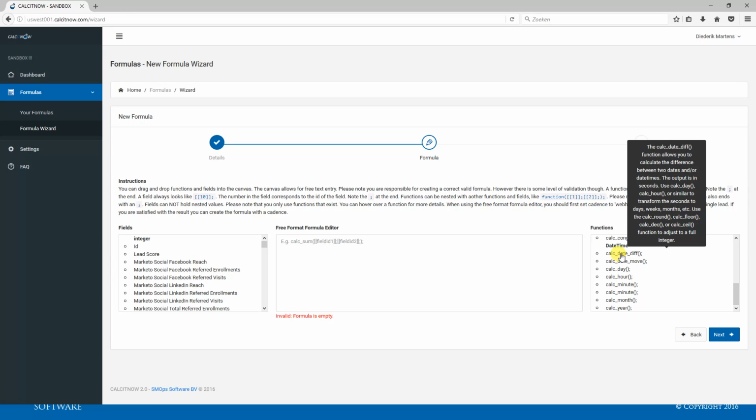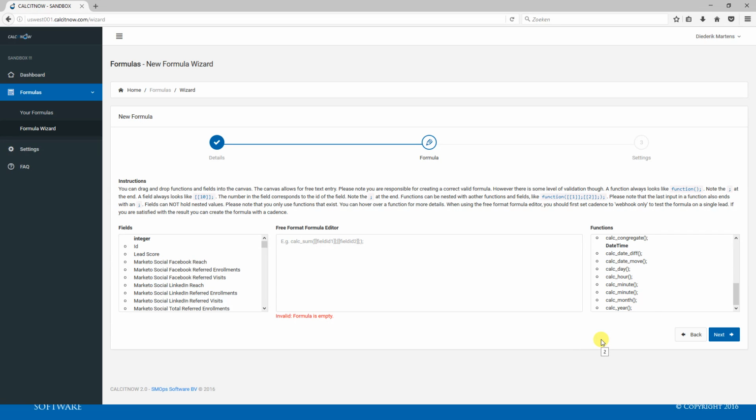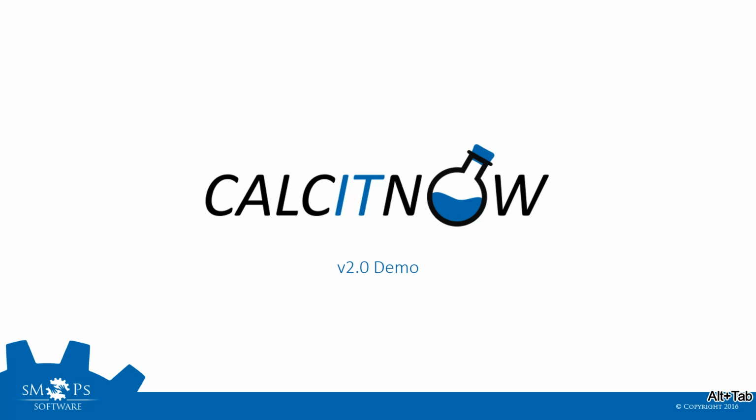subtract a couple of dates and then get the difference and then formulate that in the amount of days in difference or months in difference. So there's a lot of options you have. So that's what I wanted to